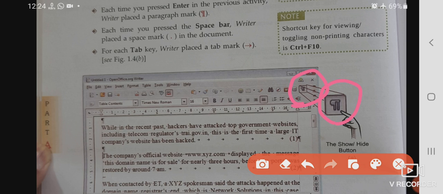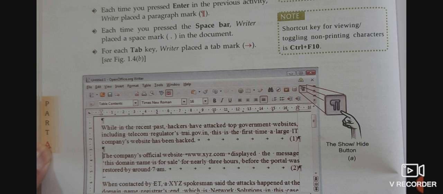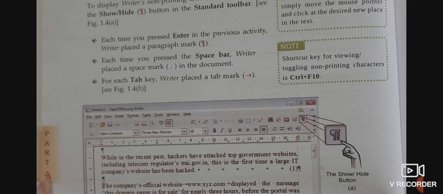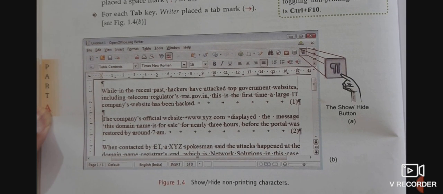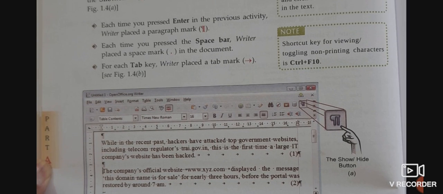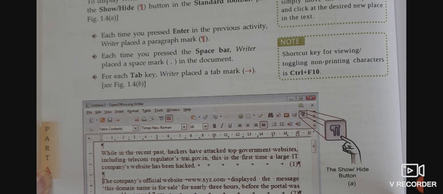When you click this, every Enter press, every space bar press, every Tab press appears on the page.